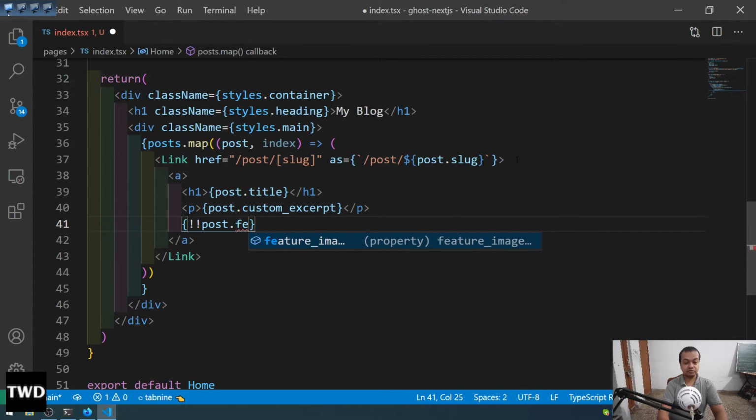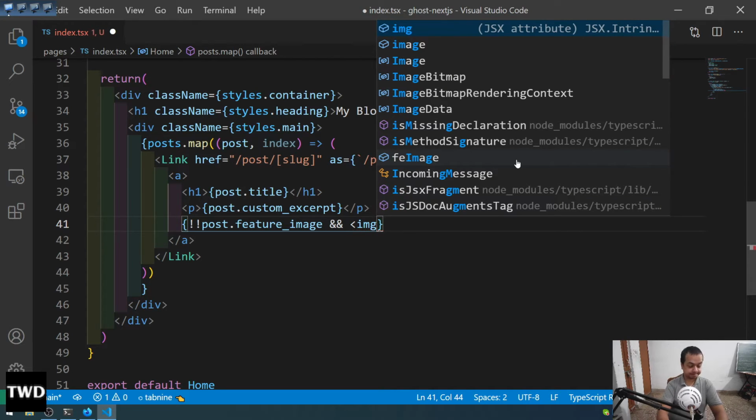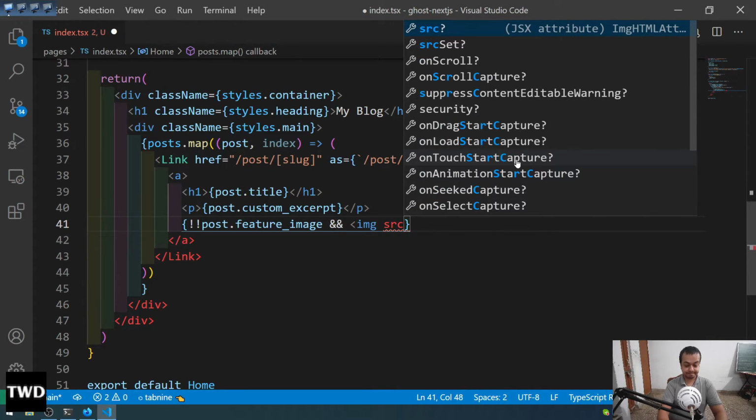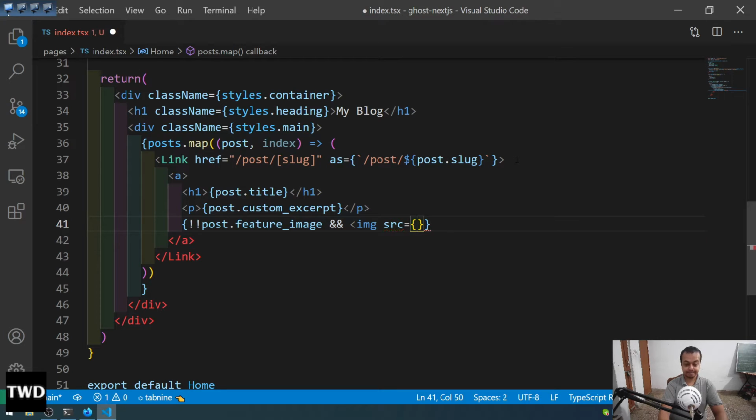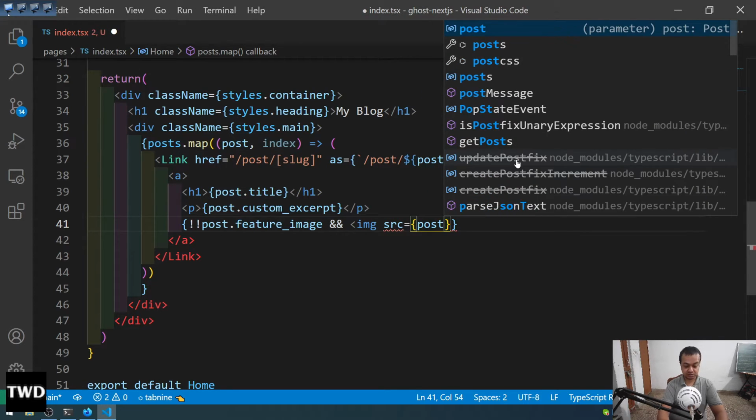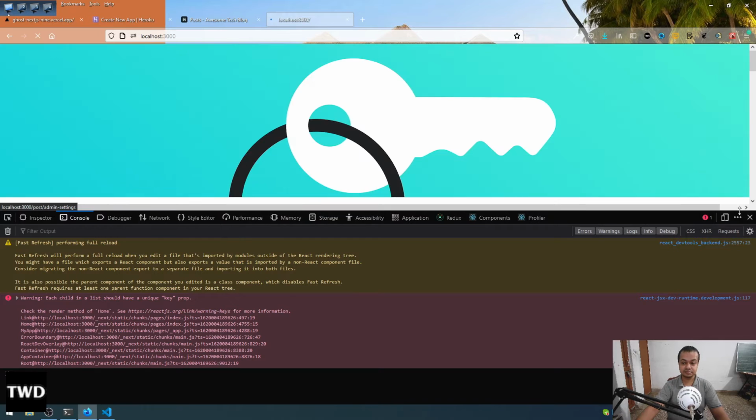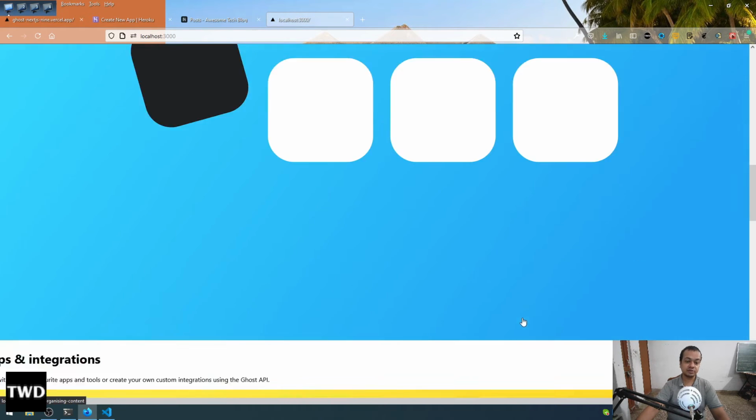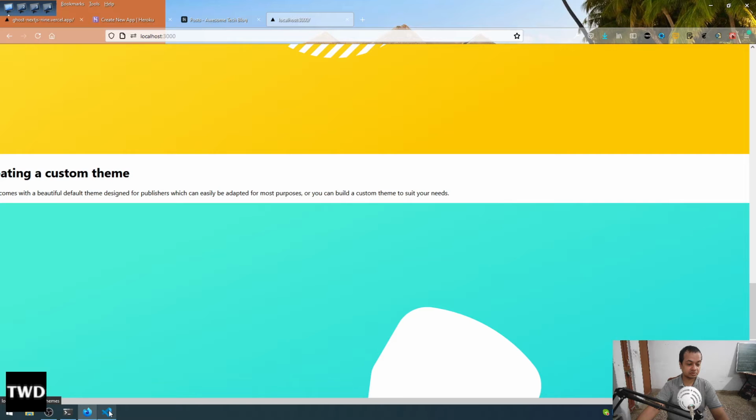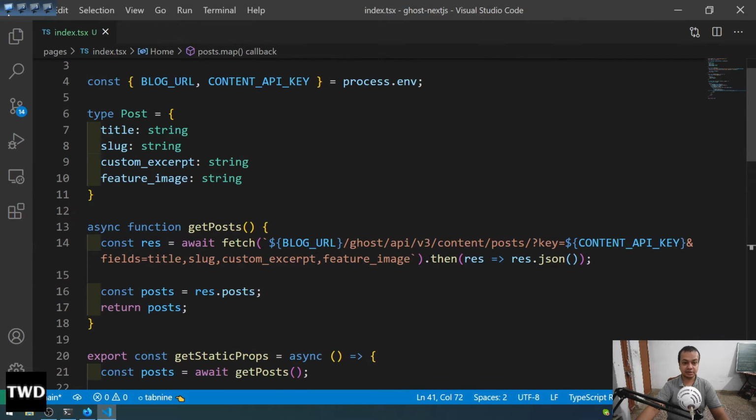dot feature image, and then only post dot feature image. Let me close it, and we are done. Yeah, we are done, and everything is big and ugly. So to fix it,